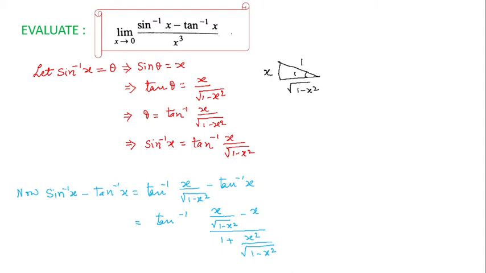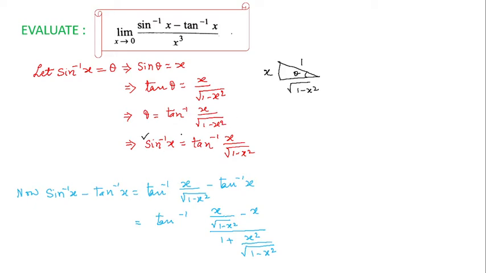It is very simple. Therefore, theta can be written as tan inverse of x upon under root 1 minus x square,